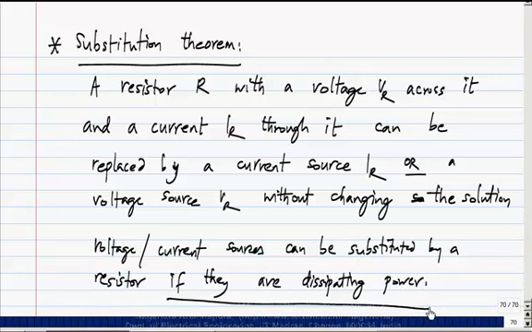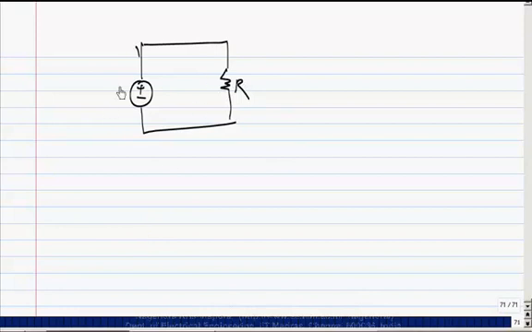This is the important part. Now, let's see. Let's take an extremely simple circuit. What will be the current? V naught by R. Now, is the voltage source supplying power or dissipating power? There should be no thought here, right? This is a single source. What can it do? It can be supplying power. If you have multiple independent sources, some could be supplying, some could be dissipating. If it is a single one, it has to be supplying power.